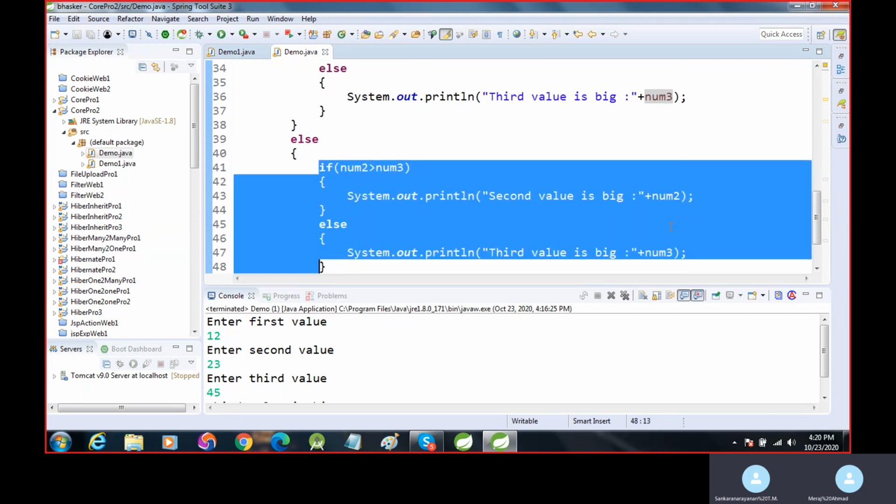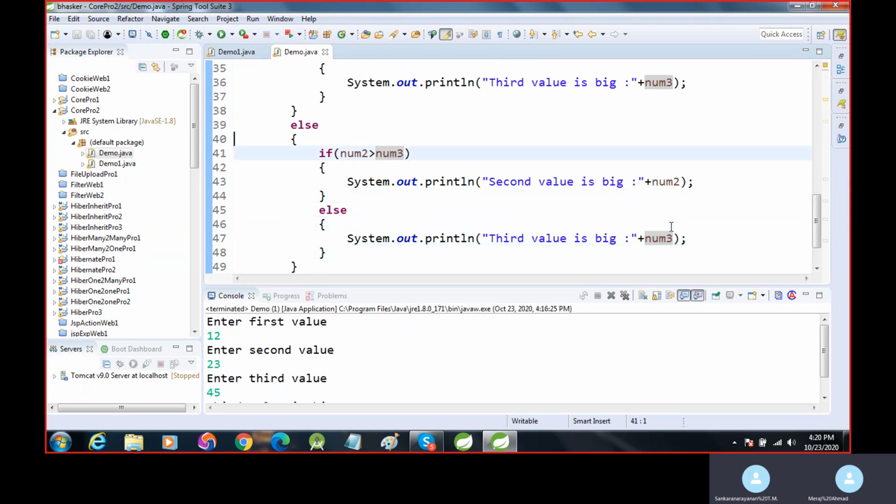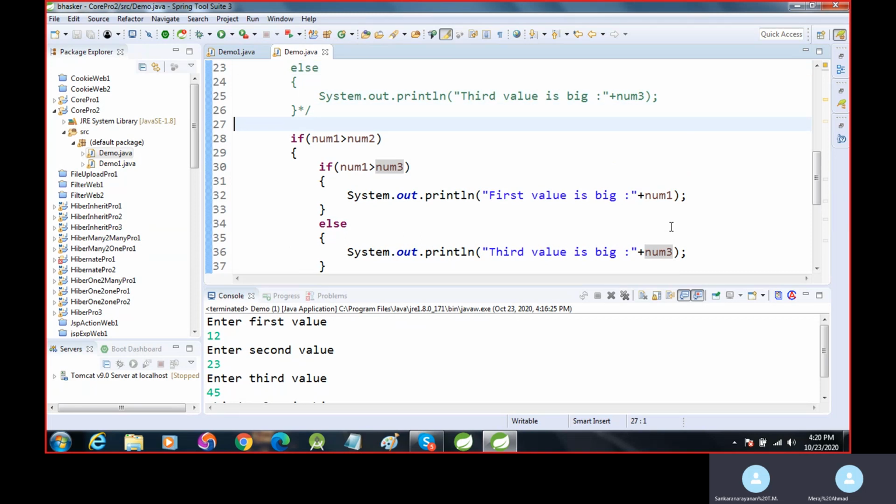You can see here, another if is used in the else part. In the earlier program you didn't use an if after else, so that is why it is nested if here. So these are the examples of nested if. And the next,